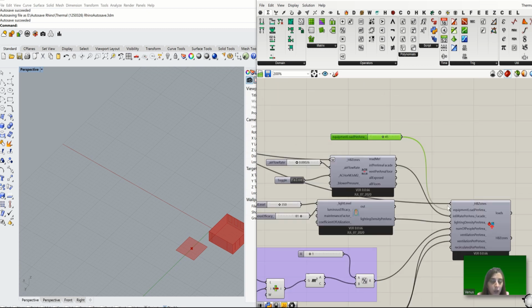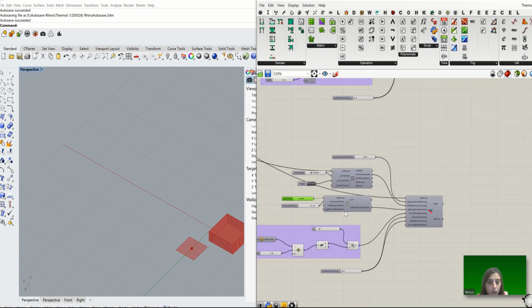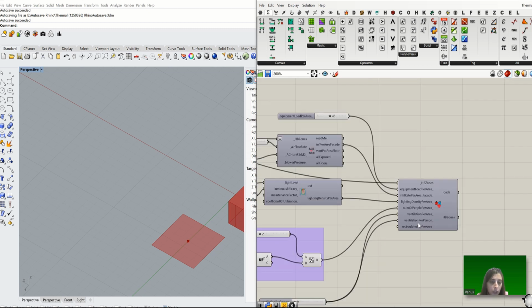So for infiltration rate per area for facade, again I'm planning to use the same numbers, but about the lighting, maybe 300 is enough. Okay, it's enough. And maybe in the kitchen just 2%. Okay. And for ventilation,